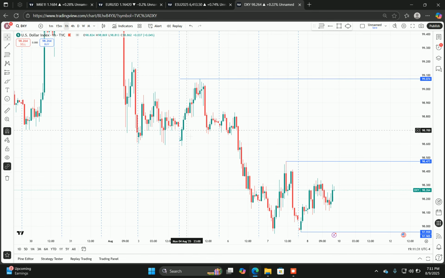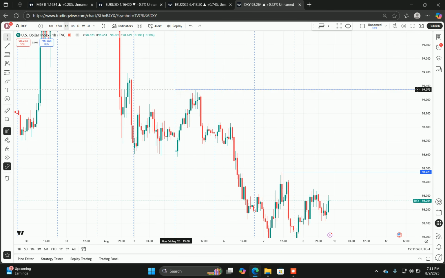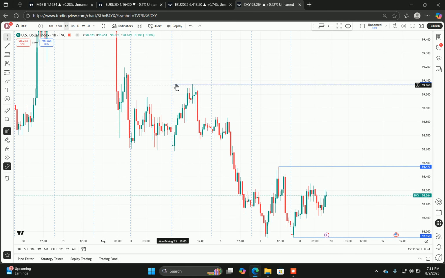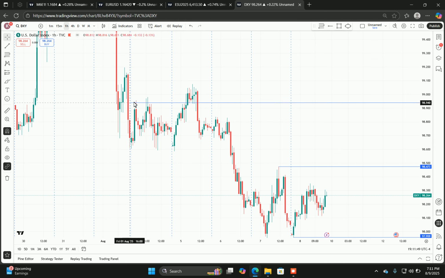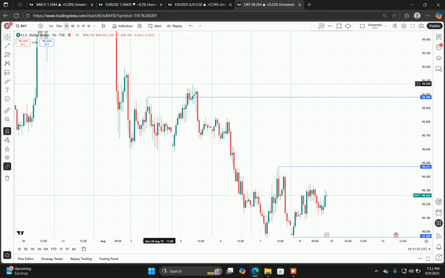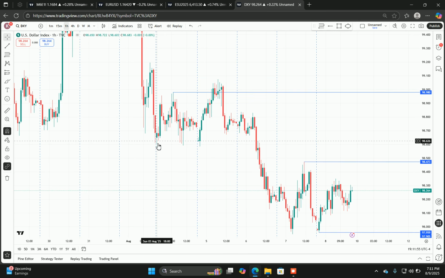So on Tuesday, I marked out these prices right here. Let me put the line up there. These are my new prices, that's why they're locked up there. These were the lowest prices on the dollar right here, and these prices up here were the highest prices, from Monday's trading. Well, these were the lowest prices actually, but more or less, I was looking for the market to